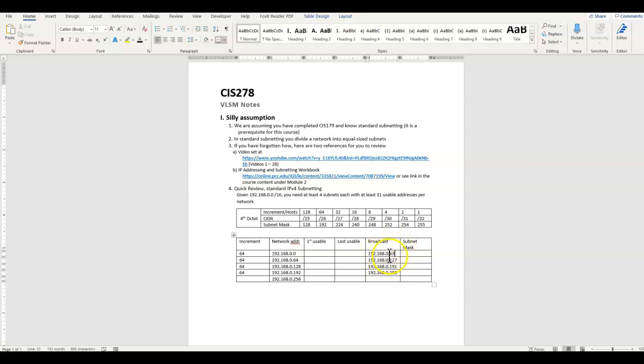Now we can get the last usable address, and that is, of course, the one just before the broadcast address. Last usable address here, 0.126. Last usable address here is the 190. And the last usable address before the 255 would be the 254.